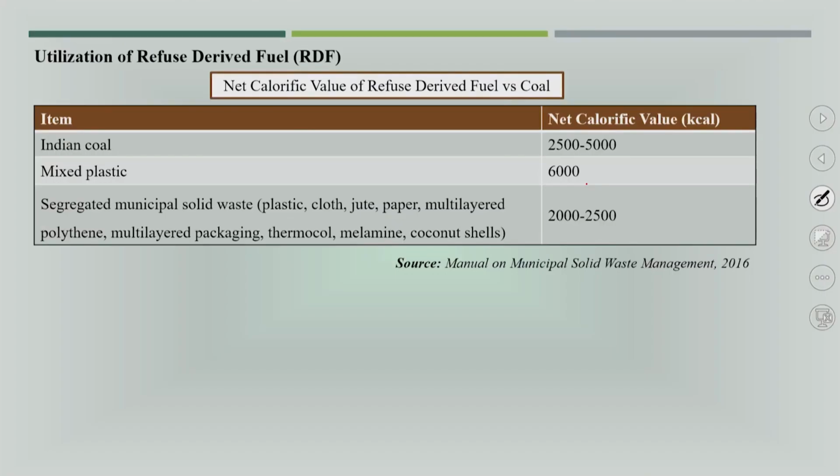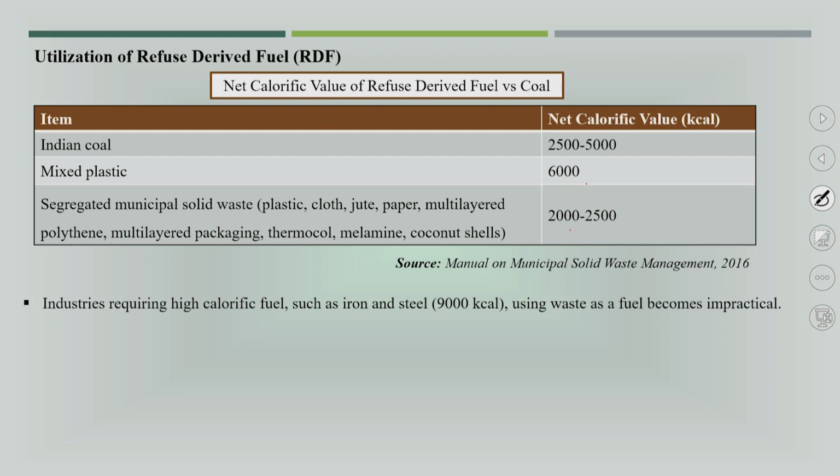But important in India, segregated municipal solid waste like plastic, cloth, jute, paper or multi-layered polythene, thermocol, coconut shells, these kinds of segregated MSW will have 2000 to 2500 kilocalorie per kg